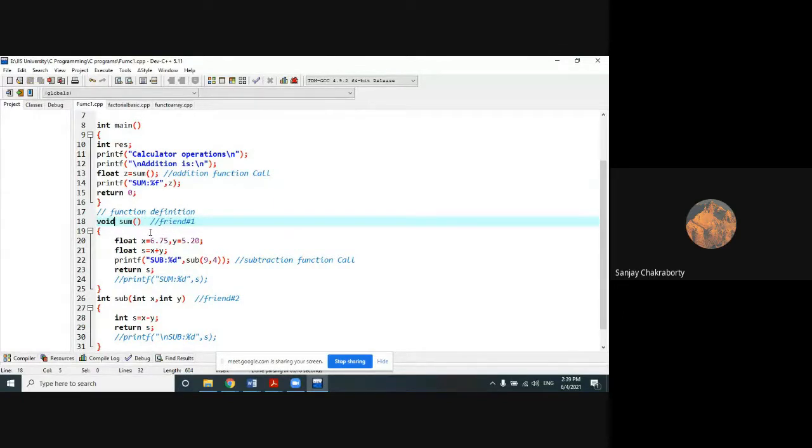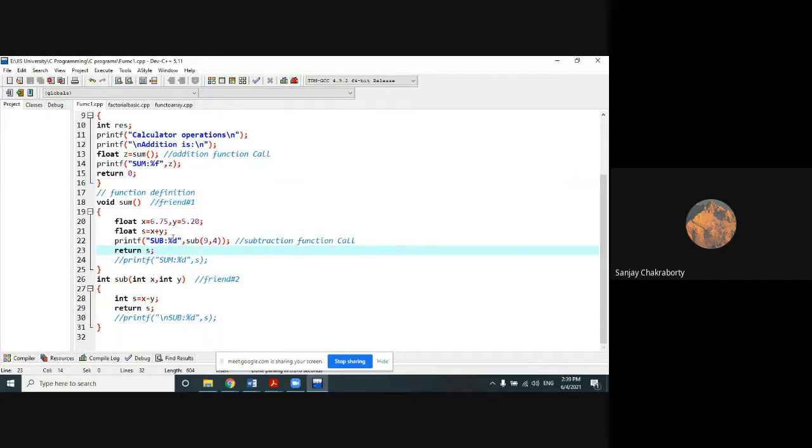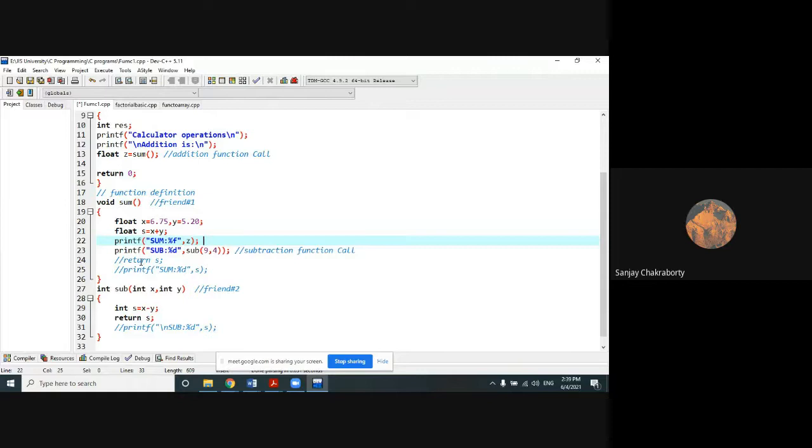Now the second case, come here: void, no return type, no argument. Correct. Now in the third case here you cannot use any return statement, it is not allowed. You will have to print the summation result here, because a return statement cannot be used here. I didn't use any return statement. The function has to be called from the main function.